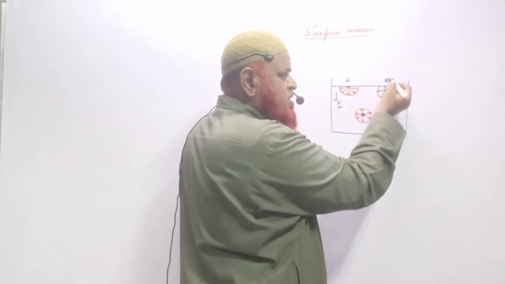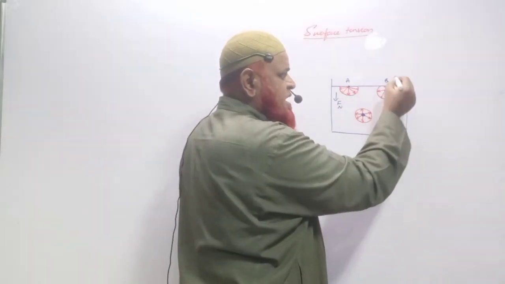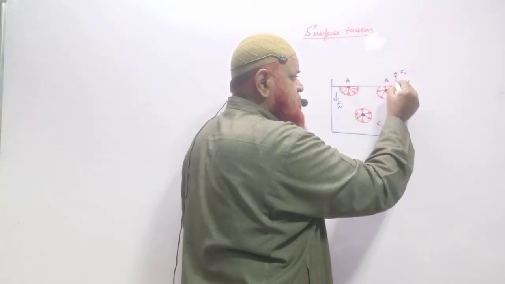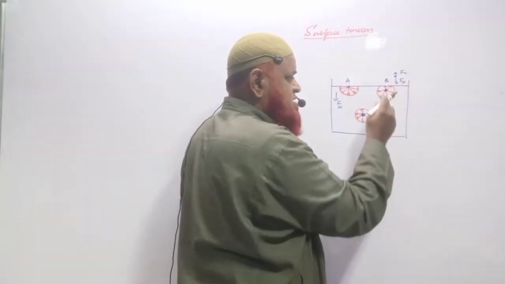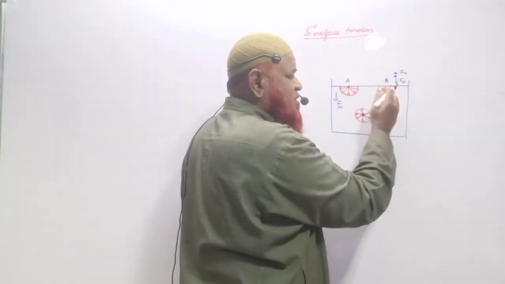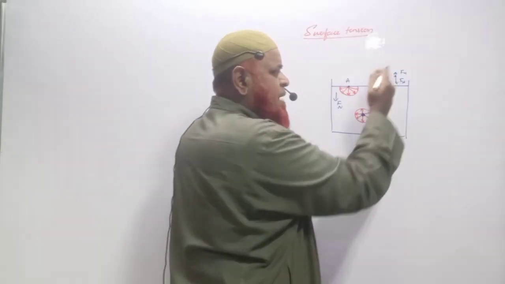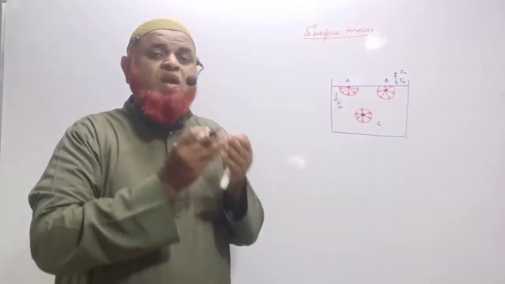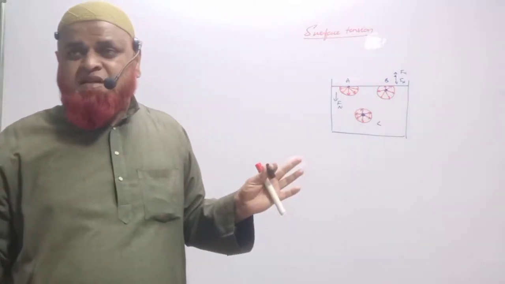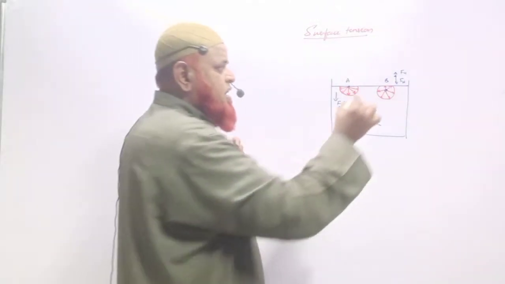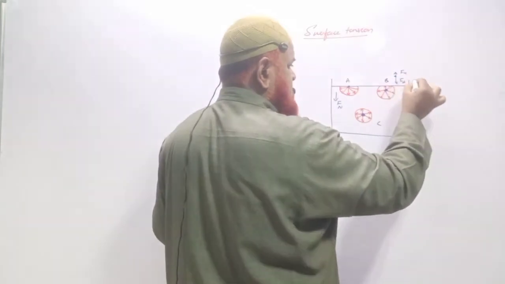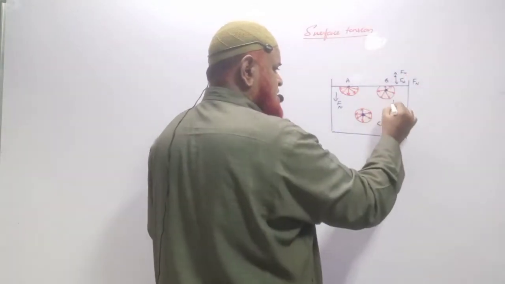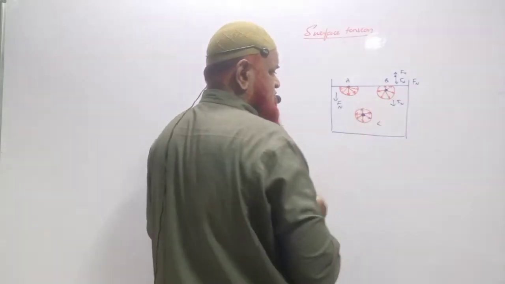Here, as this molecule is just below the surface, there is some force which is acting upwards, but the maximum force acting is downwards, because above this molecule very few molecules are present, and below this molecule a large number of molecules are present. So even though upward and downward forces are present, the net force is acting downwards here also.